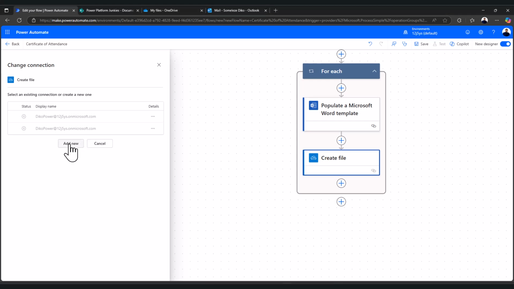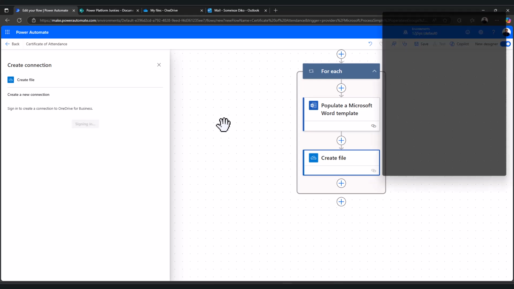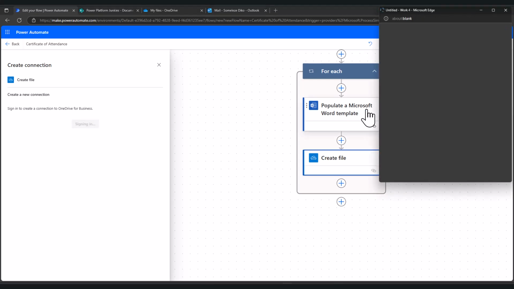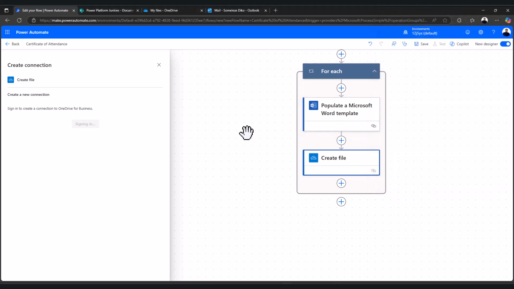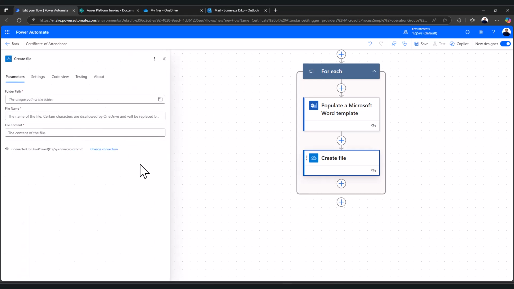And then again, I need to provide the connections to OneDrive using my account. So I think this is going to be a recurring theme. Now, once I've provided that, I need to provide the folder path where I want to create this new file in, which has the value that's being populated here. So I'm going to select that